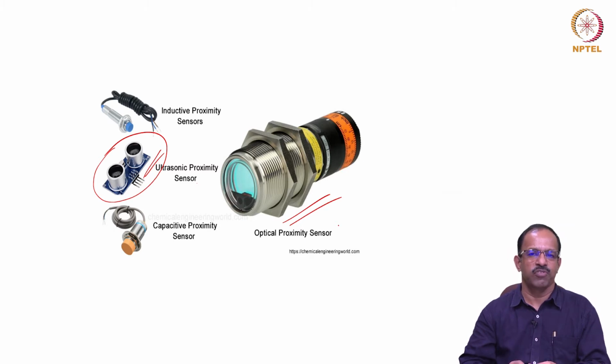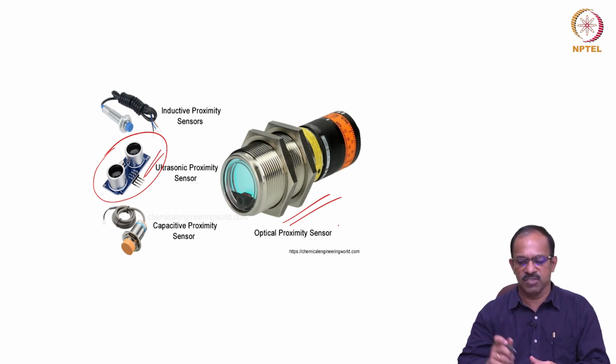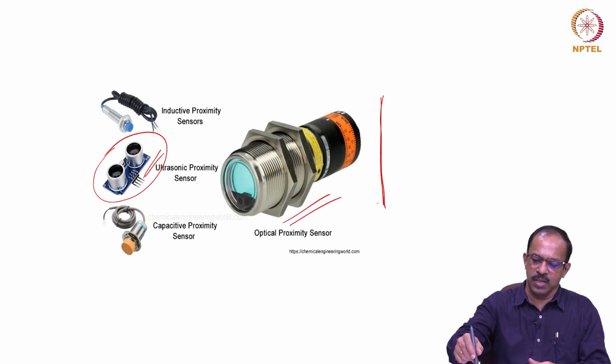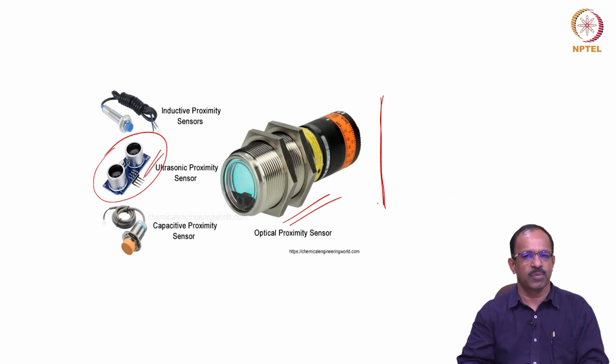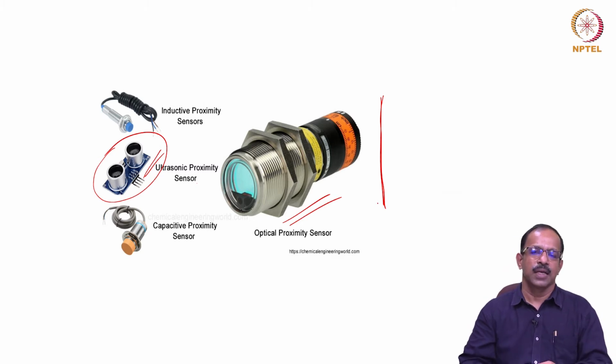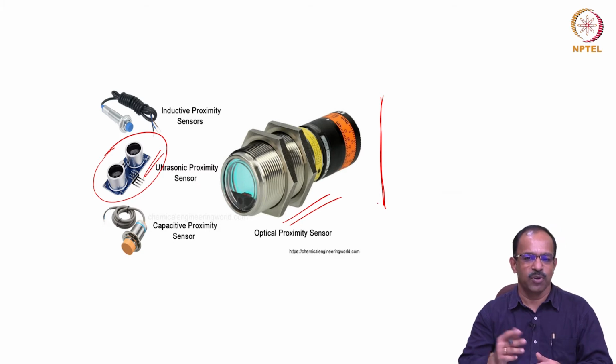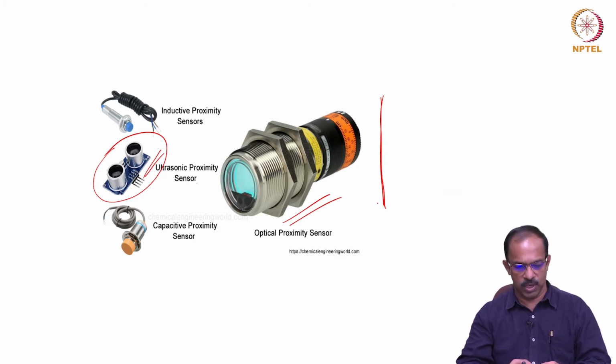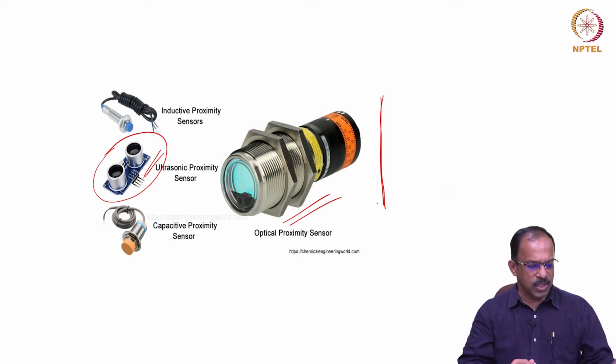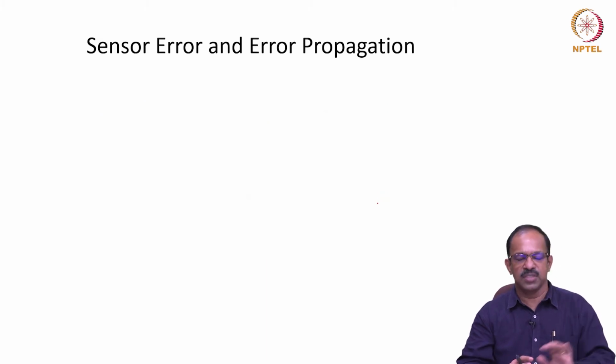No further quantitative information is available from this kind of sensor, but still they have wide application, because in many cases you just want to avoid some obstacles, or just want to check whether the robot has reached a particular end of path. In those situations, this kind of sensor is quite good, and they are cheap and easy to integrate, and therefore they have a lot of applications in mobile robotics. So that's about the different types of sensors we use in robots.